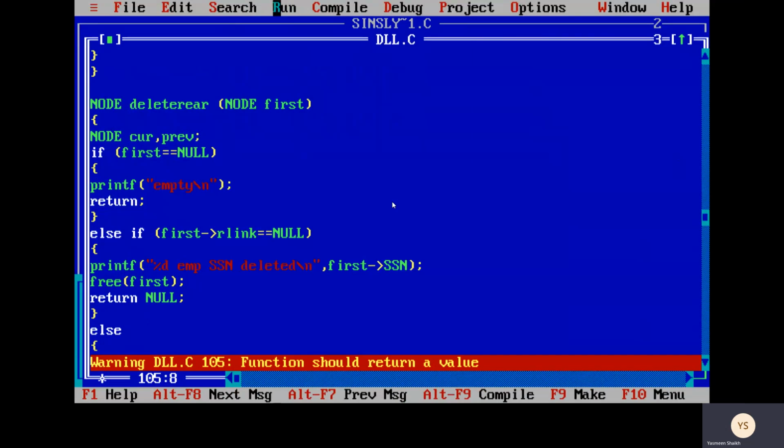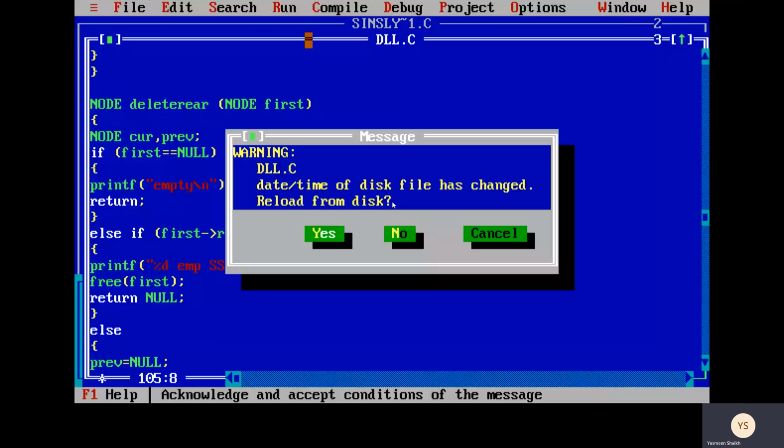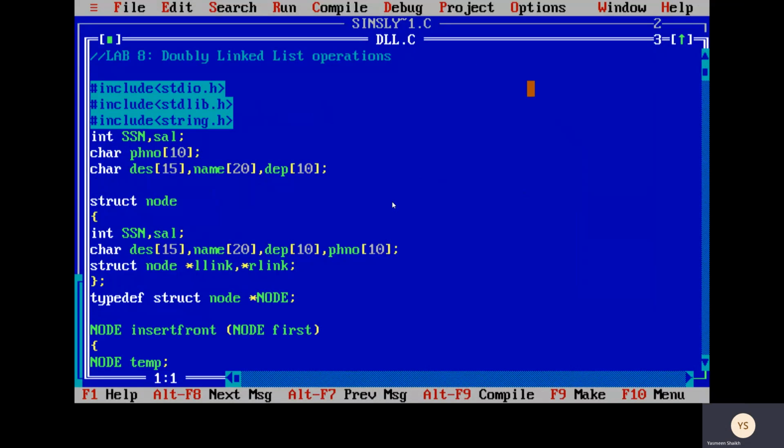Next thing is we will execute the program by clicking on run. Here a menu is displayed: 1 for insert front, 2 to insert rear, 3 to delete front, 4 to delete rear, 5 to display, and 6 to exit. For the time being I will exit it, and I will